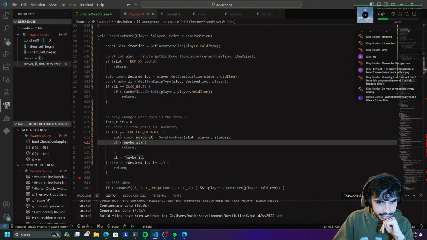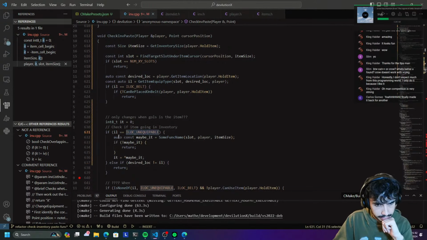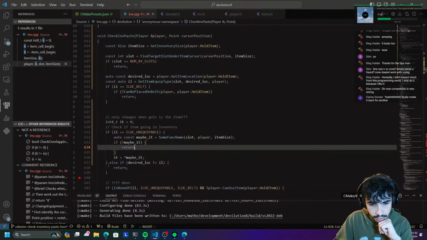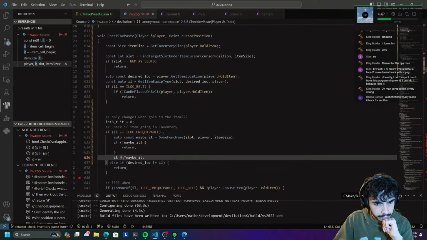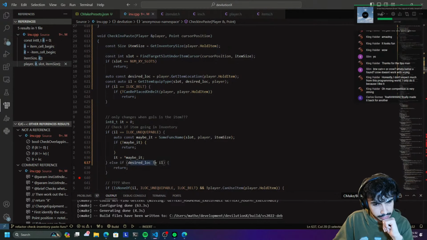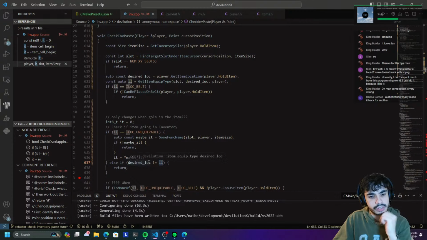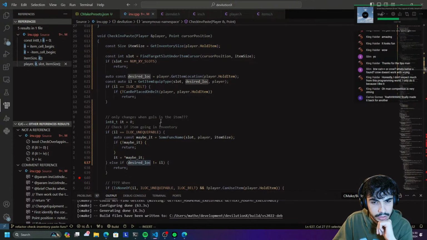But it's the following. If the item is unequipable, then it does this, right? If the item is not unequipable, and if the desired location is that, then we return it. My point is, how does this work? Because take, for example,